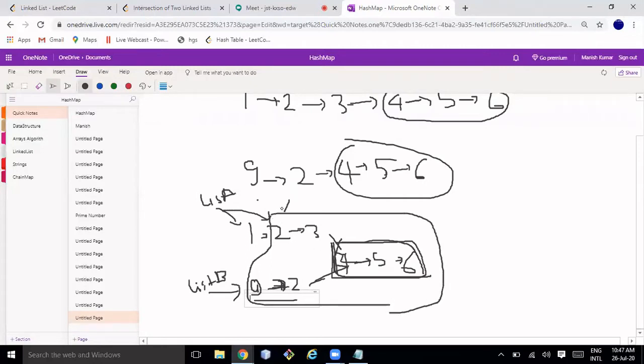Then if you start comparing this 2 with this 9, this 3 with this 2, then you will compare this 4 with this 4, then both will be equal, and after that obviously the list will be the same. So you can check that. You just need to reach some point after which the number of elements in both lists is equal, then only you can compare node by node, right?